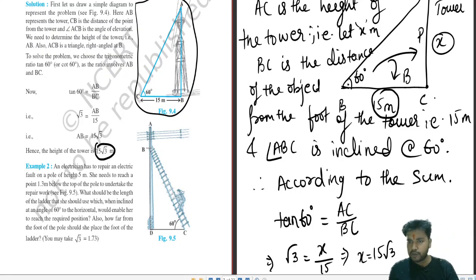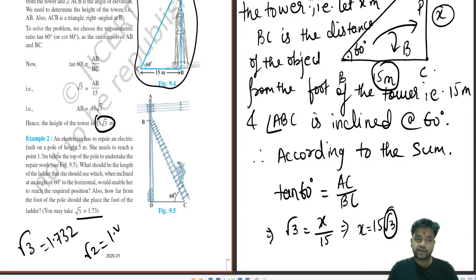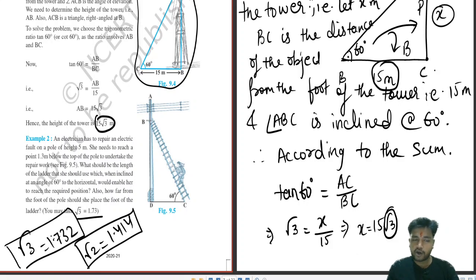Now if you look at the sum very carefully, they have given the answer as 15 root 3. But according to my suggestion, and teachers like it when the student converts this into the actual value. Two things you should be familiar with: root 3 is equal to 1.732 and root 2 is 1.414. This should be memorized by you. Obviously, do 10 to 100 sums, you will automatically learn it.